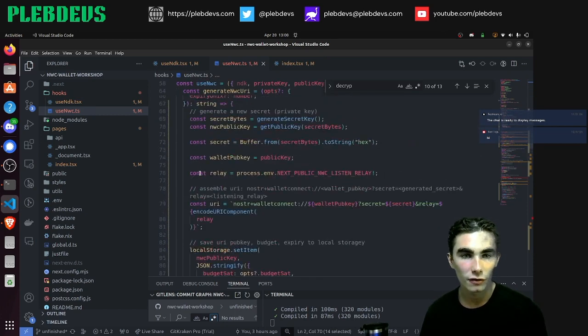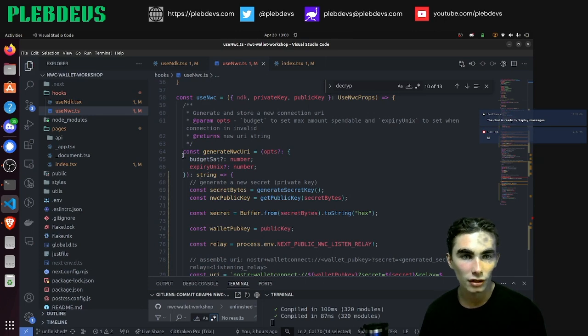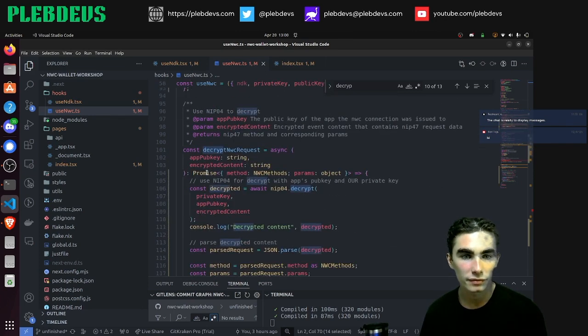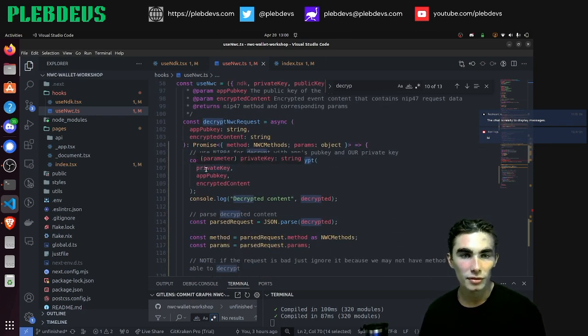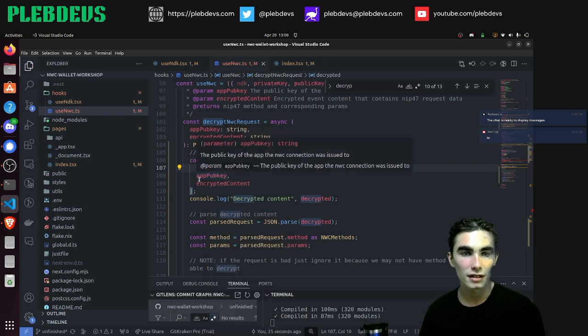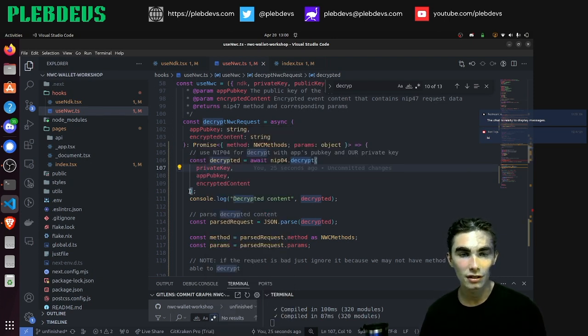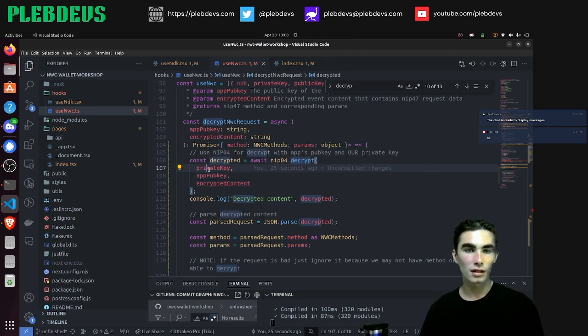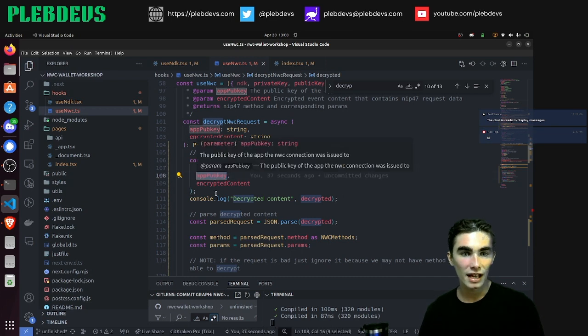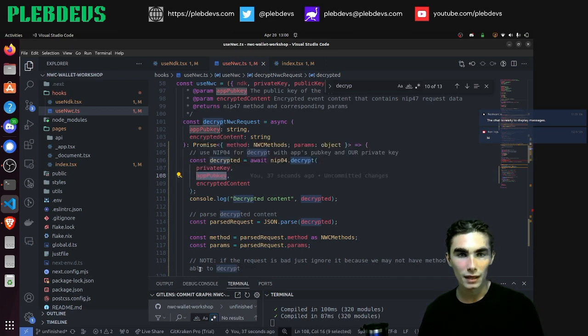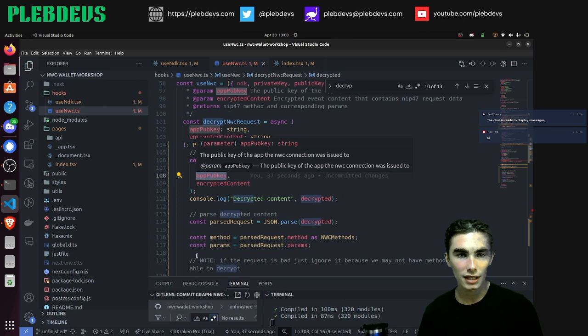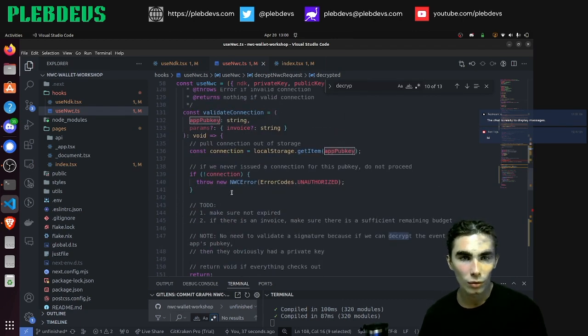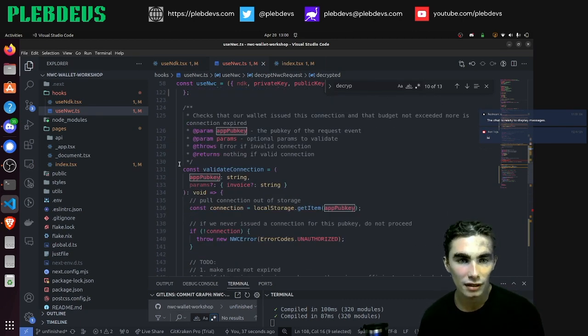This function, I'm just going to close these so they're not in the way. This function accepts a private key and a public key. These have to be from different key pairs. Remember, we're doing the Diffie-Hellman key exchange here. So this is our private key that we generated already. And then this is the app's public key. Where does that app public key come from? Well, in our